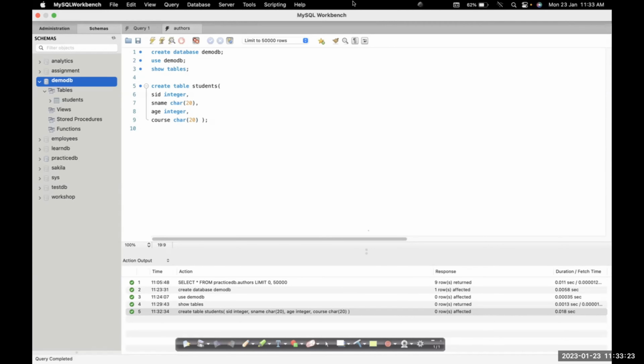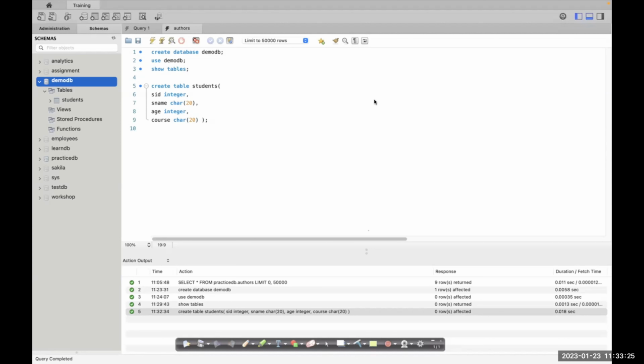Okay, Vrishali says done. Let's give it another minute. So some people have done. So after you create your table,